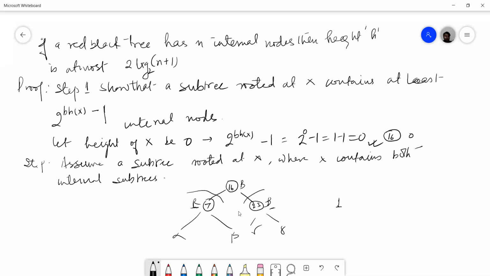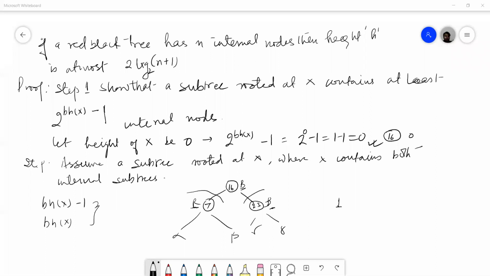So if a child is red, then its height can be directly written as height of x minus 1. Why height of x minus 1? Because it is a child, so this will be minus. Okay. And suppose if the node is black, then height will be BH of x. Why? Because even if this black node is minus, there is one extra node. So the difference between these two heights will be 1. Is this clear, class? Yes, sir.